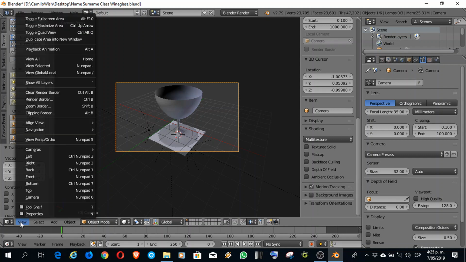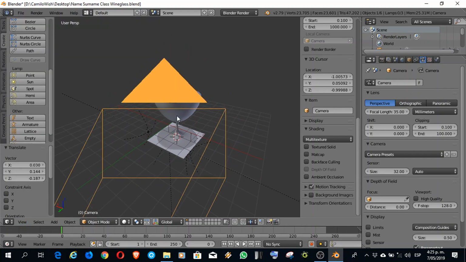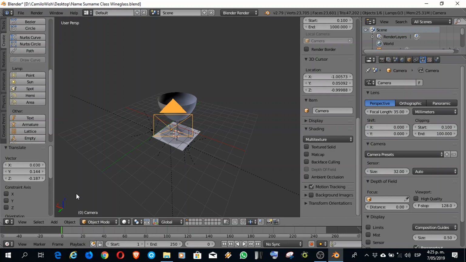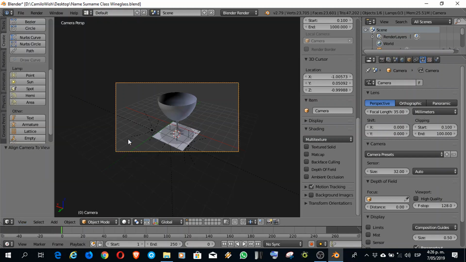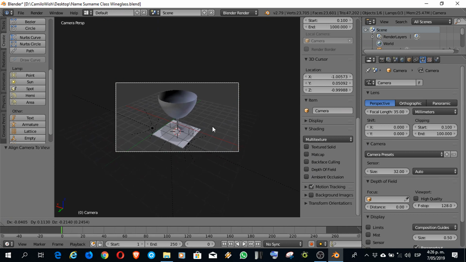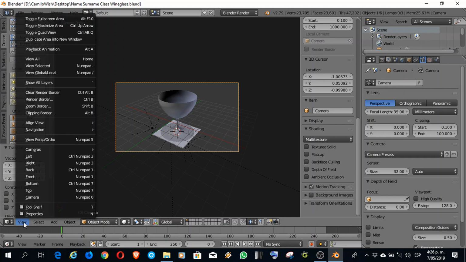So once again, view, camera, zoom out once more, view, align active camera to view. Now it is perfect. Perfect. Let's get out of that mode